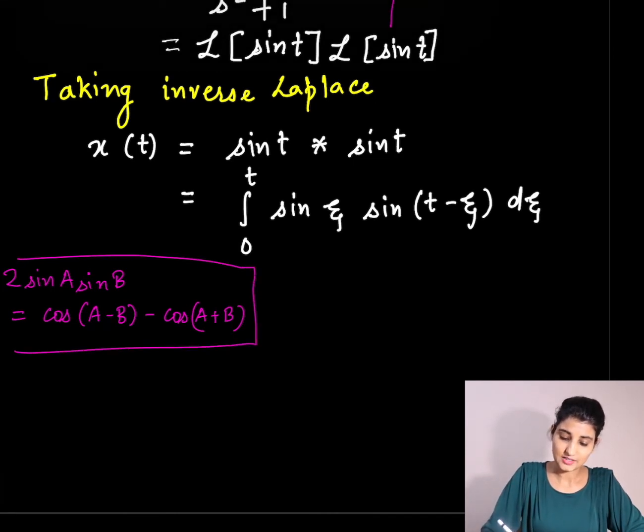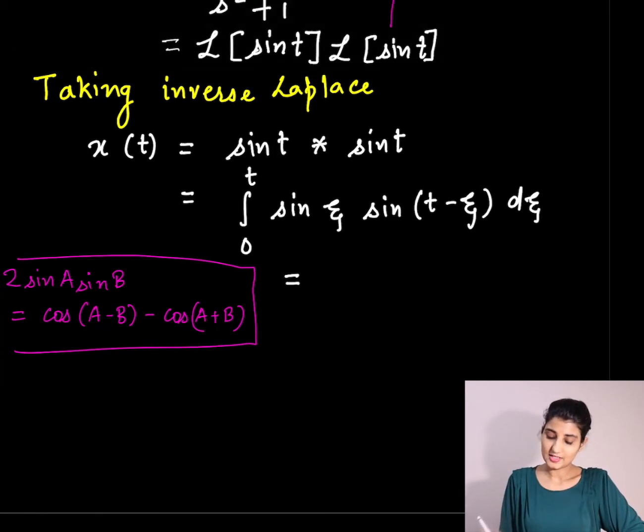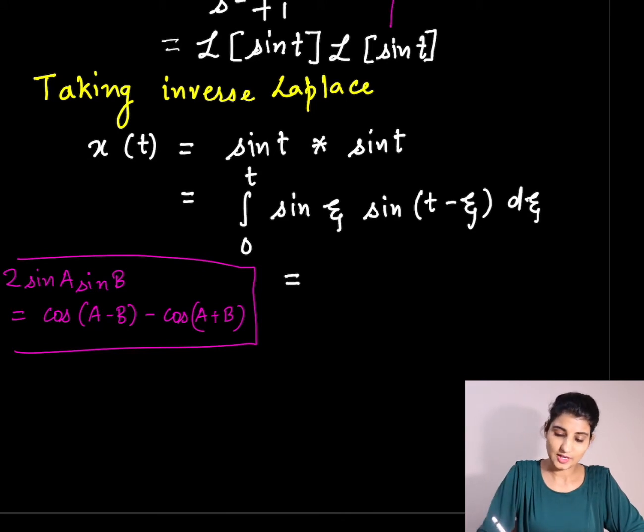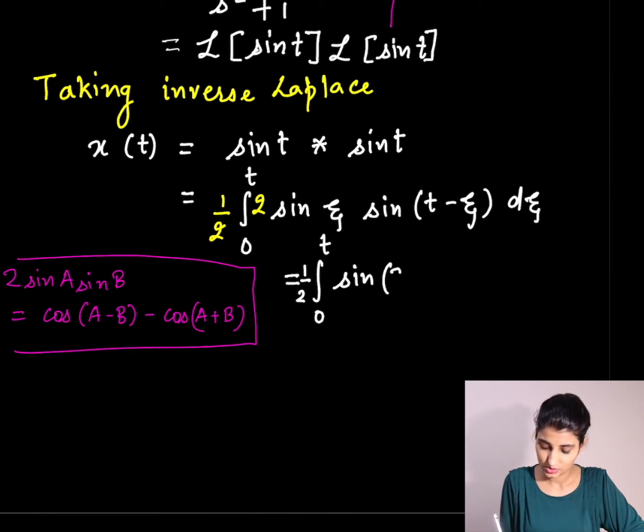So what we'll get is, let me change the color of my pen. We don't have a 2 multiplied, so we will multiply by a 2 and we will divide by 2. And then we will use this identity and we will get 1/2 integration from 0 to t sine, we subtract the angle, so we have xi minus t minus xi. So 2 xi minus t,